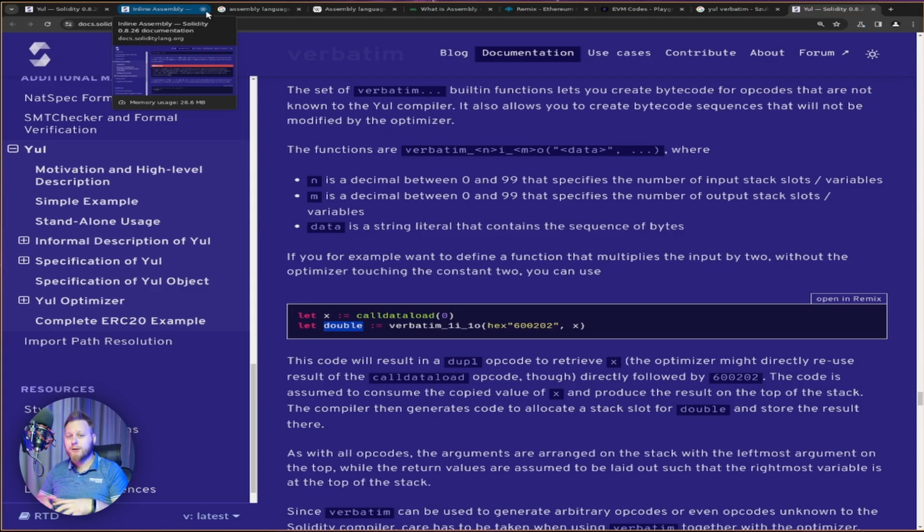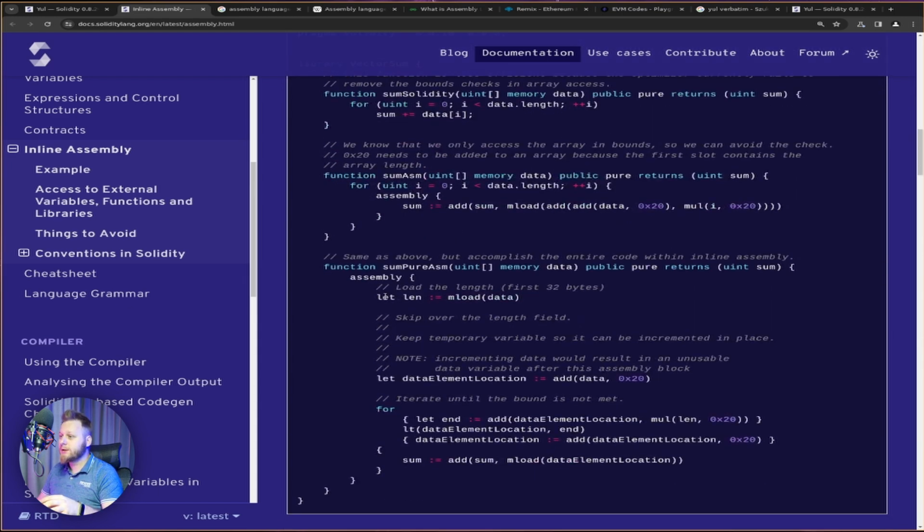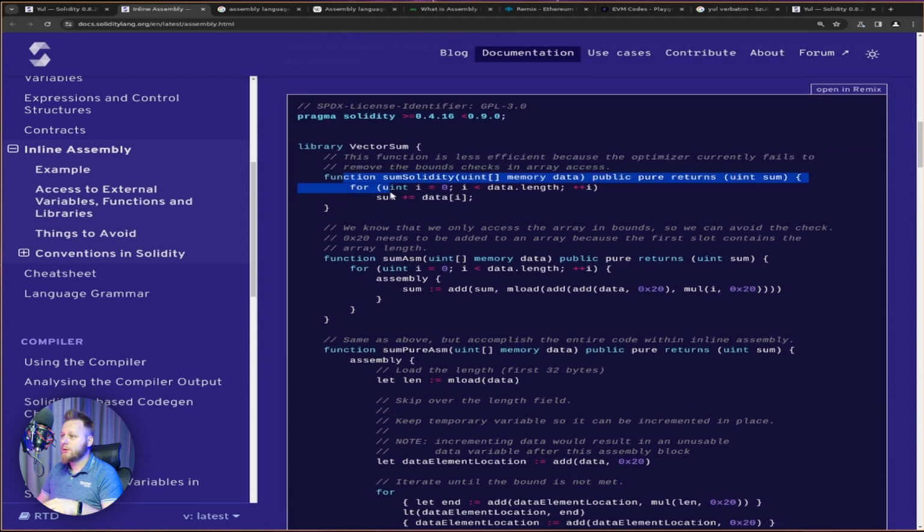Next up, you can use Yul either standalone or embedded into Solidity. So this is an excerpt from the Solidity documentation. And you can see here that we have normal functions from Solidity. Part of the function here is written in Solidity, and part inside is written in pure assembly. You can see that it returns some, and we actually can reuse the same parameter inside of Yul, which is